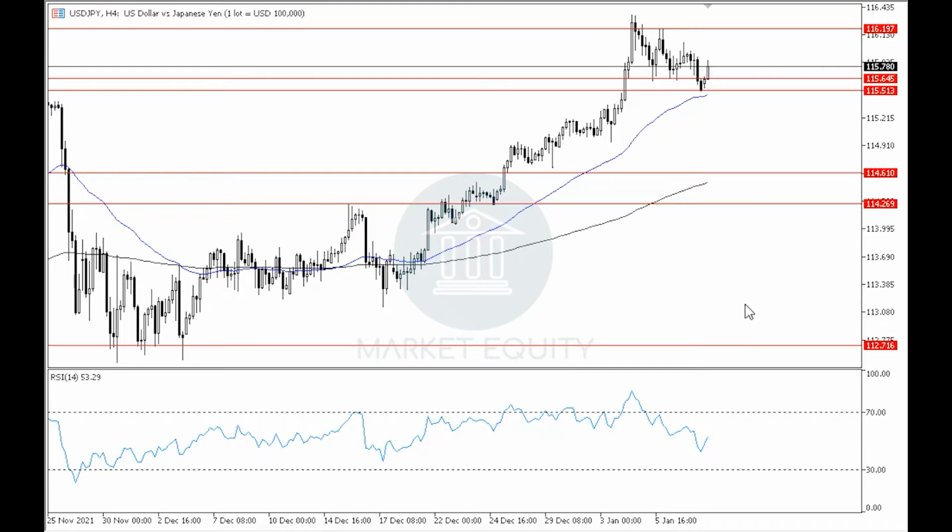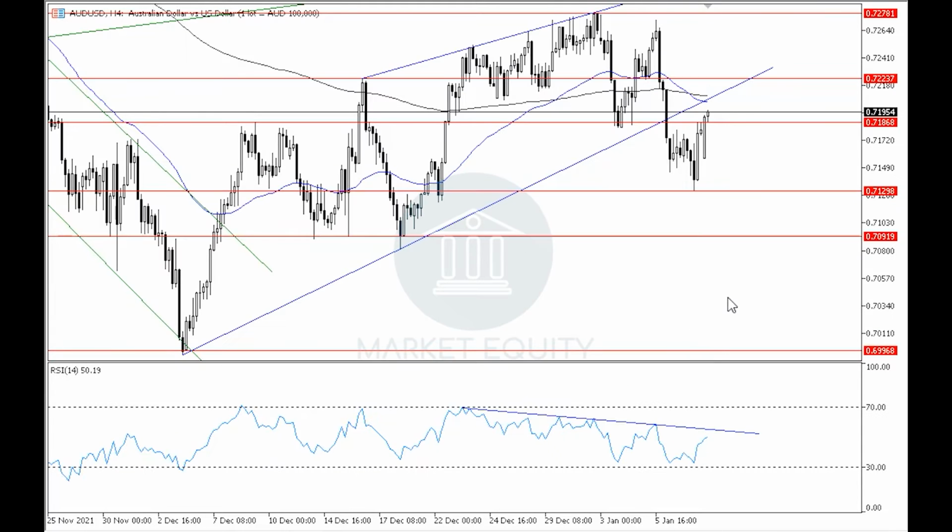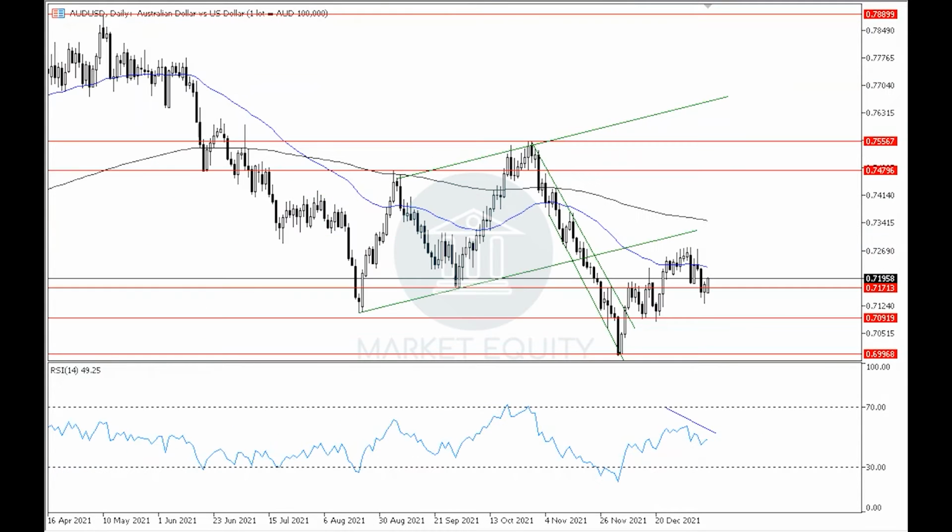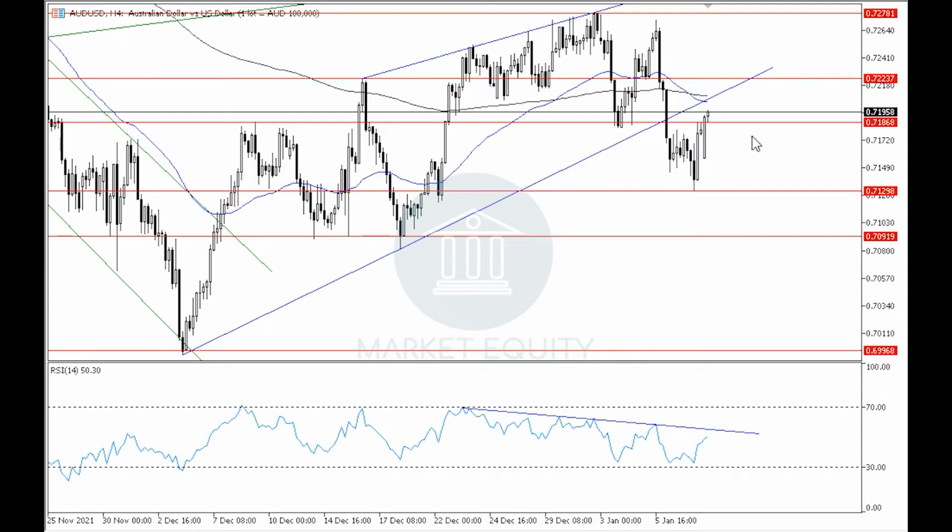Let's move on to the Australian dollar versus the US dollar. In the previous videos, we said that the pair has started a downtrend in the 4-hour time frame as a continuity to the bigger downtrend in the daily time frame upon breaking down through level 0.7185, which resembles both a horizontal support level for the pair in the 4-hour time frame as well as around the lower boundary of the rising wedge that was previously formed, and the pair continued to reach around level 0.7130, where it then rebounded upwards